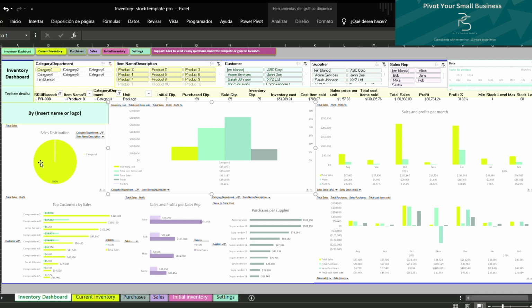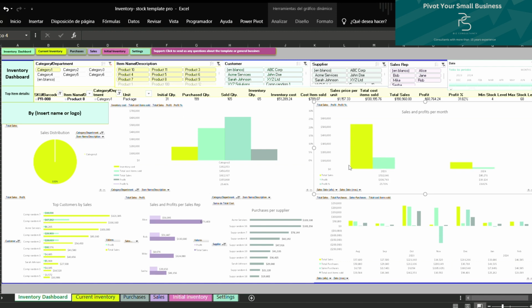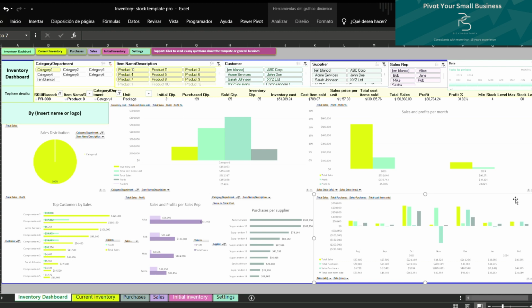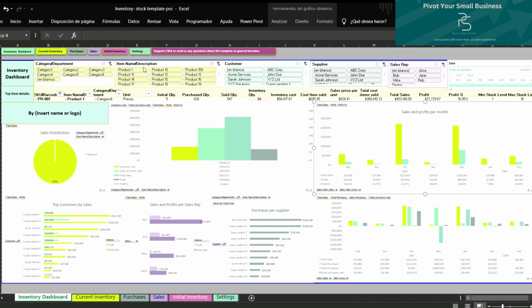Also here in the category, in the sales distribution, you can push the plus, and you'll find all the distribution of the products over here. The same here. You can do that with the years and the time. So if you want less, it will show you just the years. Also here, it will show you just the years, or if you want more, it will show you all the months. So you can filter by category, you can filter just by product,